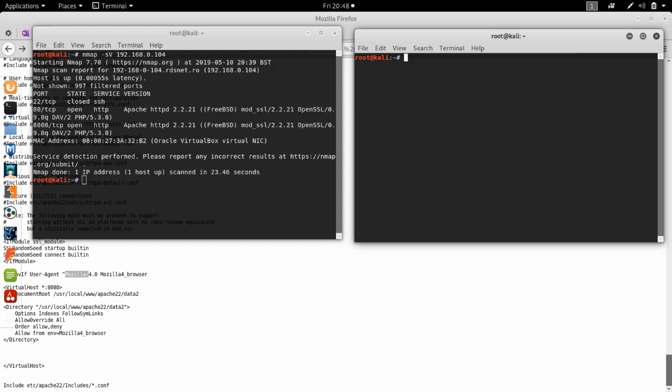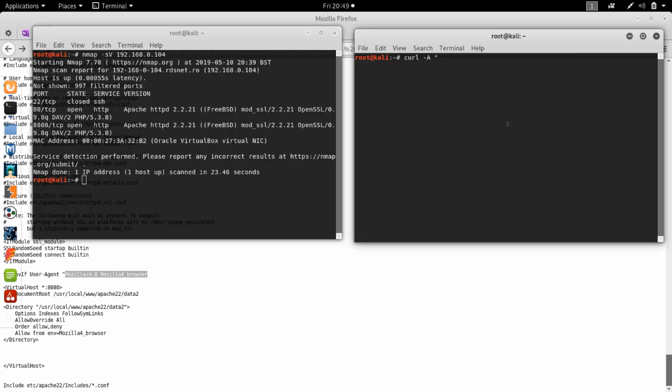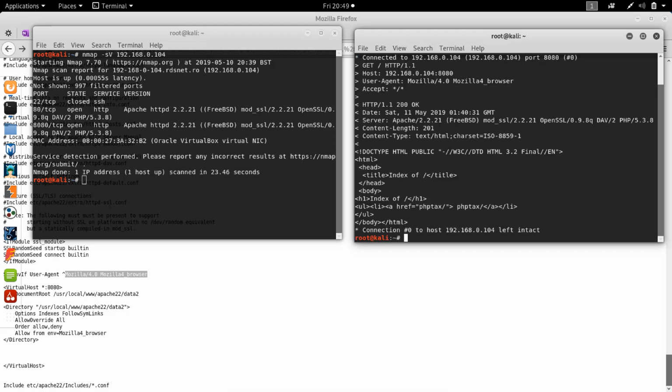And if we try curling with a custom user agent, with the one that's being specified over here, so Control-C and then Control-Shift-V, and then we're curling into, let's also put this within quotes as well, 192.168.0.104 on port 8080, -v for verbosity. And as we can see, we don't get the forbidden message, but instead we get something different,